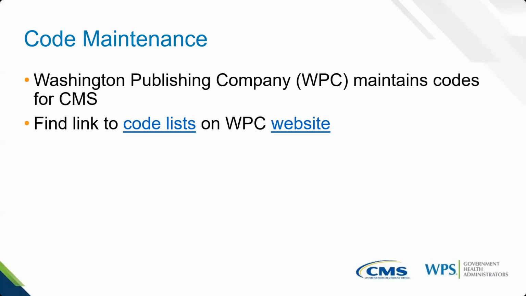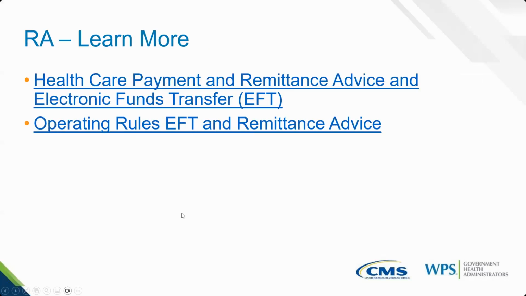WPS can't change the reason code messages on the WPC, that Washington Publishing Company's website. There is some mention there about how you can contact them should you have any recommendations or suggestions for changes to those code lists. But again, WPS is unable to change those codes. It is the WPC, the Washington Publishing Company, that maintains those codes for CMS, and then the MACs all use those code lists. If you would like to learn more about the remittance advice,